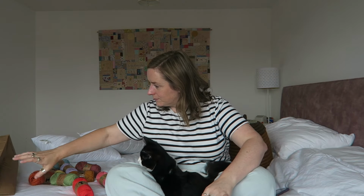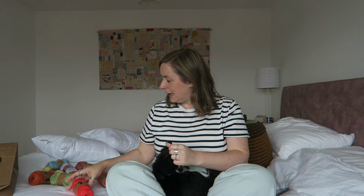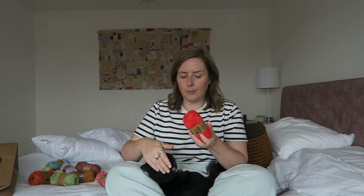Whoa, look at those. Okay, so my thoughts with this cushion were playful, cosy and whimsical, and mostly cosy. So cosy is the key theme here, and I wanted it to be quite bright, mismatchy. That is a very, very bright colour, but I think it's showing up brighter on the camera. My living room is sort of lots of golds and mustardy tones, and then I've got lots of